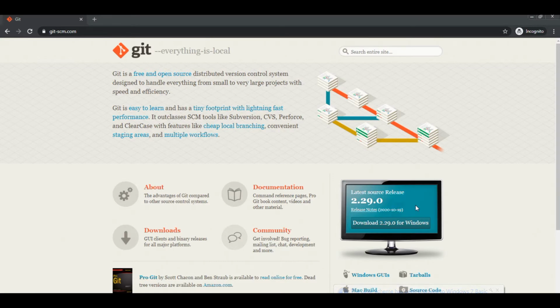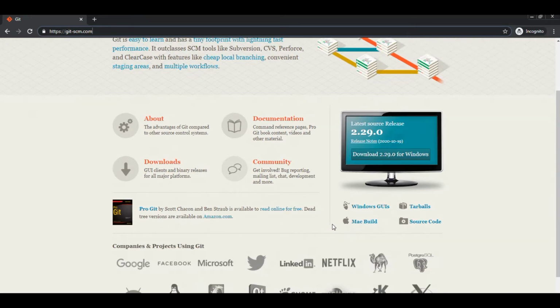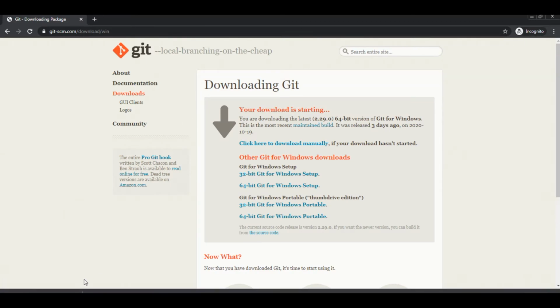While using this Git software, what is the advantage? You can easily manage a single file system, and we can easily manage the applications in our system. So let's see the installation step first. Going to git-scm, you can see the download for Windows button here. If you are using other operating systems, you can find the alternative links in the download section. I am using Windows, so I am going to download the Windows version. I have already downloaded that, so let's open that software first.